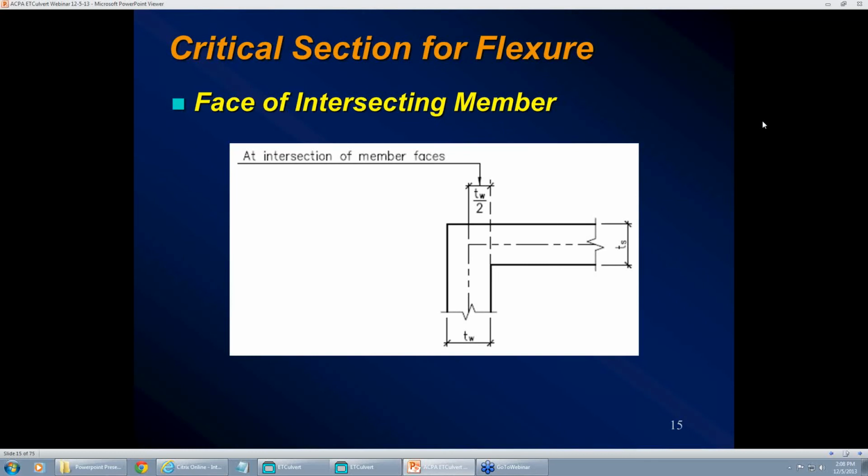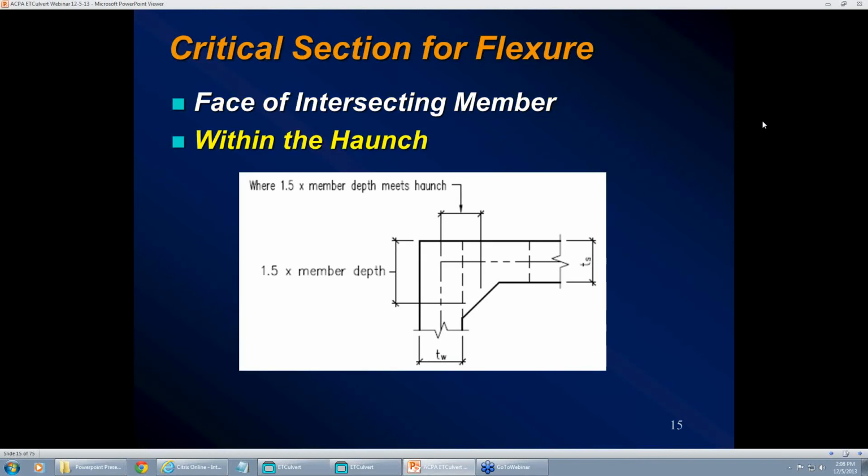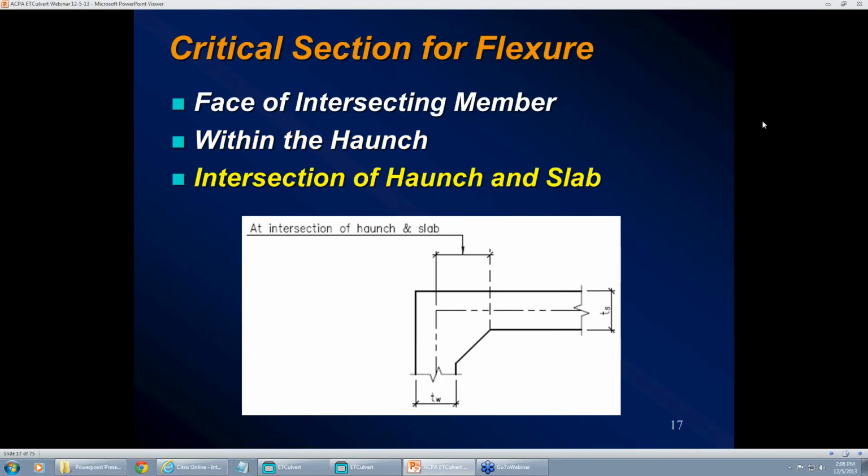What I was talking about in terms of where you can place the critical section, you have 3 possible locations at the ends of the members for the critical section location for flexure. The most conservative is at the face of the intersecting member, as you see here. You can also place the critical section for flexure within the haunch, where 1.5 times the member depth intersects the haunch. And lastly, for flexure, at the end, you can select your critical section for flexure at the intersection of